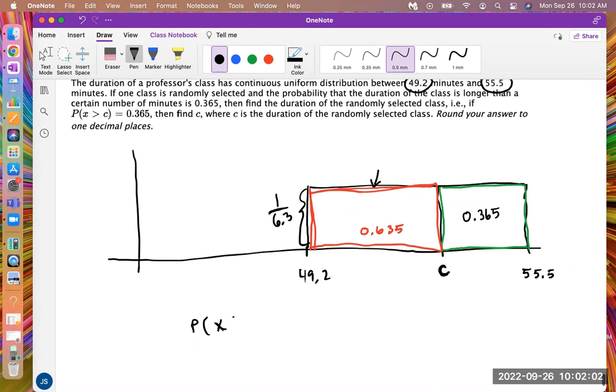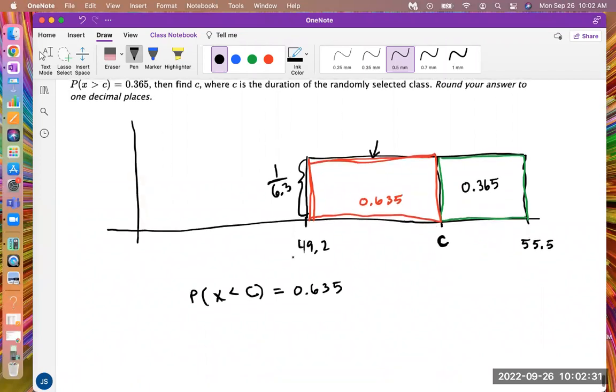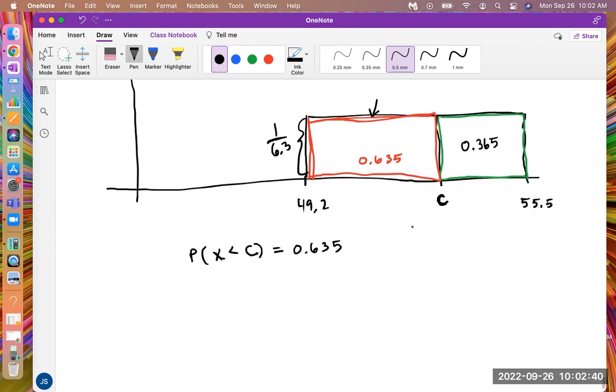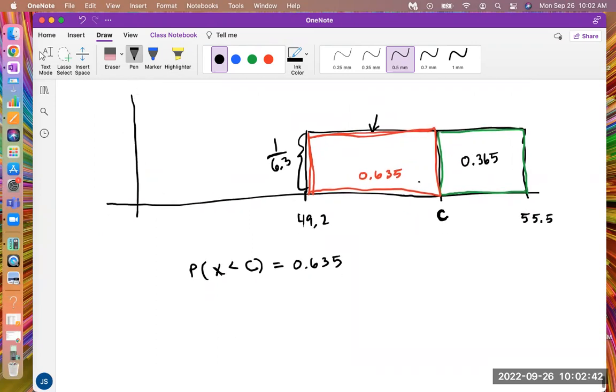But I could say the probability that X will be less than C, I have it written right here, that is 0.635. So I could write the area of this rectangle and set it equal to this, or I could use this second green rectangle. I kind of like this first red one because then C stays positive, as we'll see. We're going to take C minus the 49.2 to find a base there, and that means our C is positive, and it just makes things a little bit easier and prettier in our calculation. So I'm going to use this red rectangle